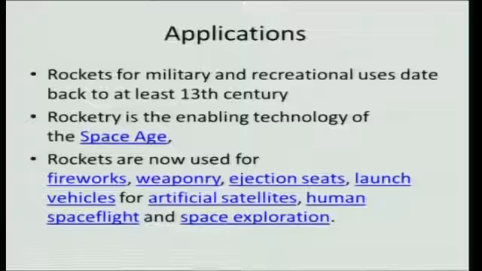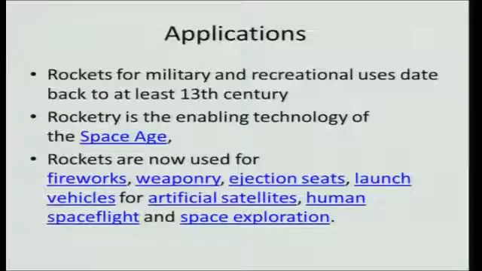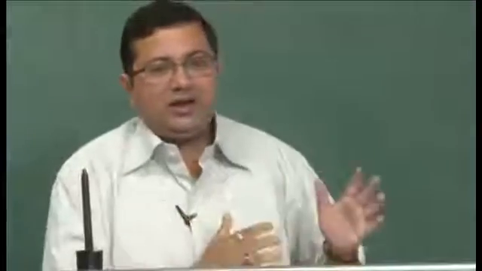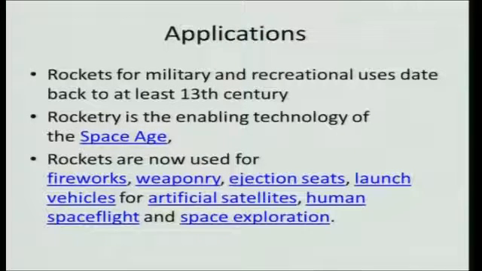Rockets at the present day are used for fireworks, as weapons, and for ejection seats in aircraft, particularly military aircraft. Sometimes because of some emergency, the pilot has to eject. That requires a very small response time and has to be done at a very fast rate. So, rockets are used for ejection seats, and when the pilot is ejecting, the vehicle is also moving. So, the pilot has to be taken away from the vehicle in a very short time, and that requires a lot of acceleration, which only a rocket can provide. So, ejection seats have rockets. Then launch vehicles, of course, for all the satellites.